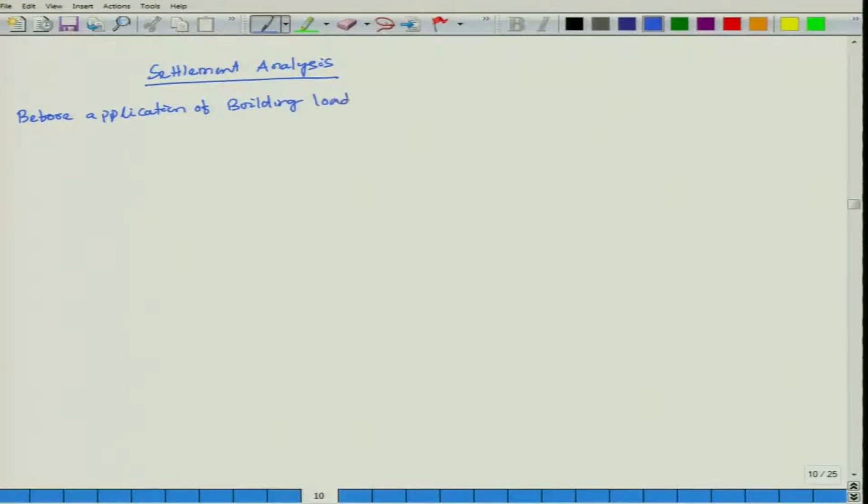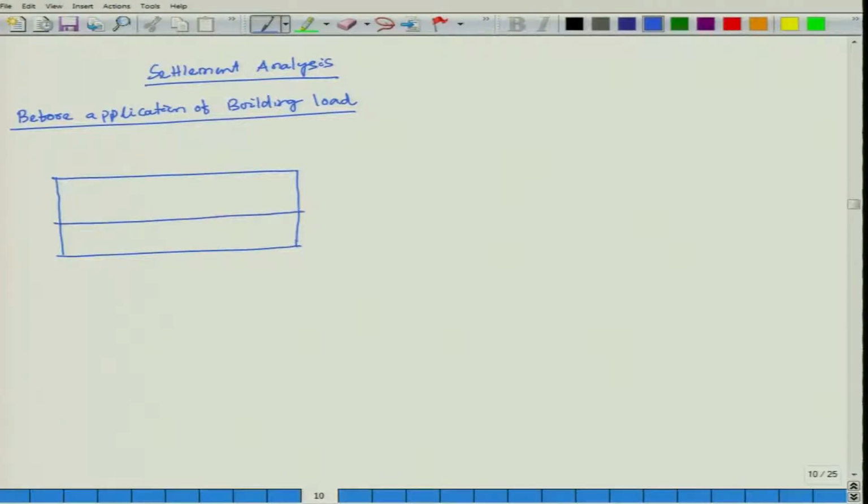Look at these two graphs. This is your Qn,